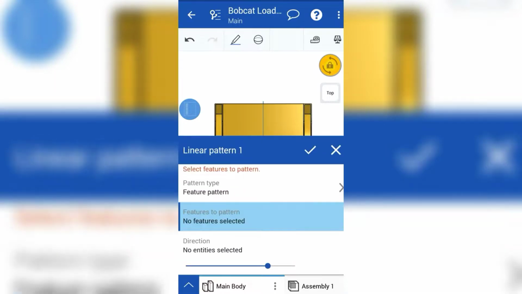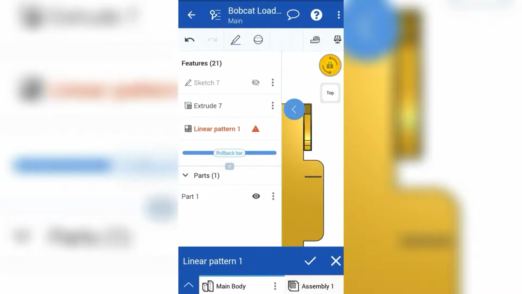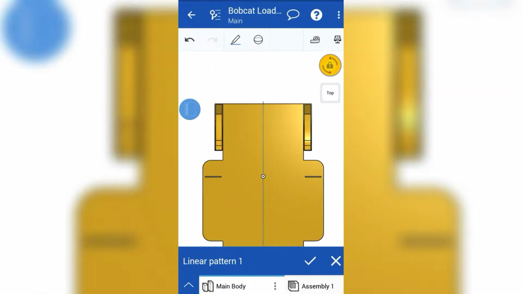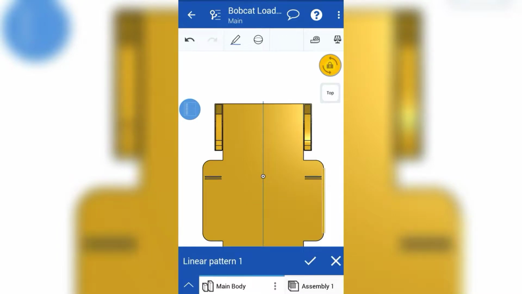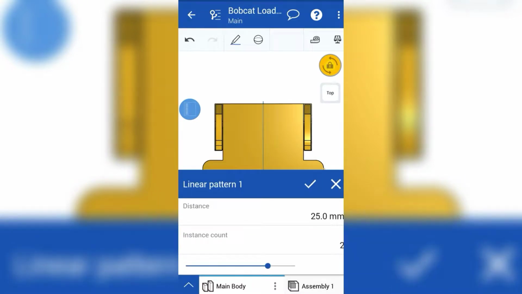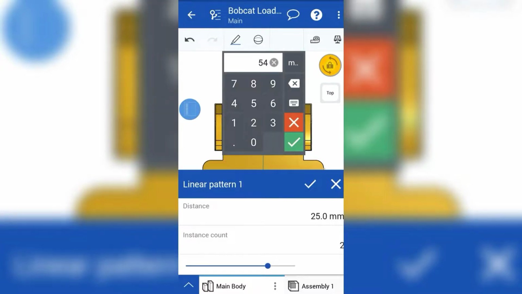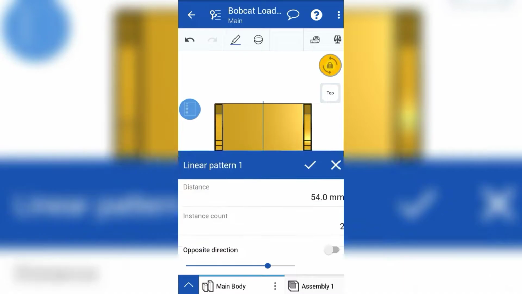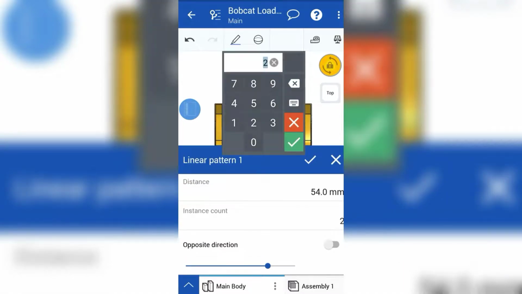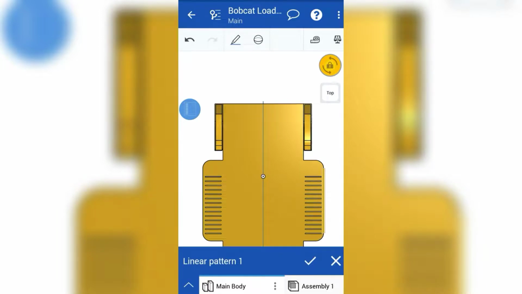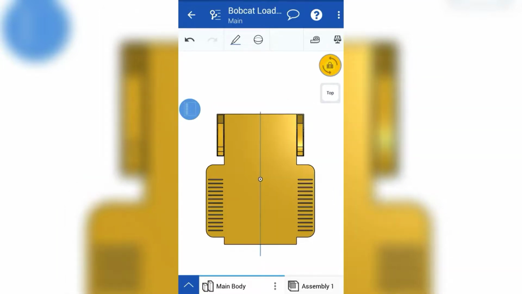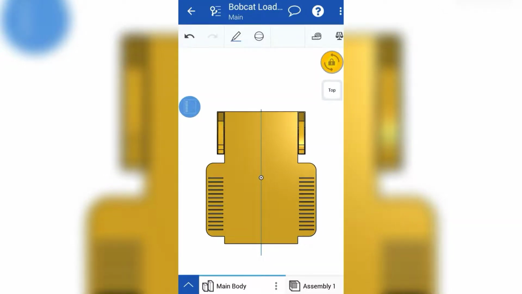Let's use a linear pattern, which is a feature pattern, and select the feature to be patterned in a linear direction. Also give the direction to the feature and distance, center to center distance of that part. Again, instances should be 14 in that direction. As you can see, a pattern is been created in the vertical direction. Alright,